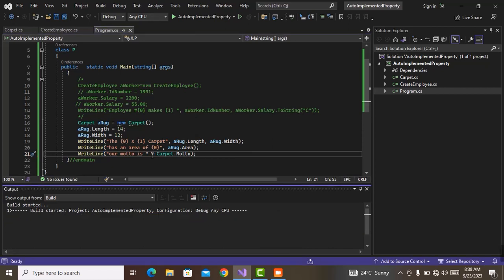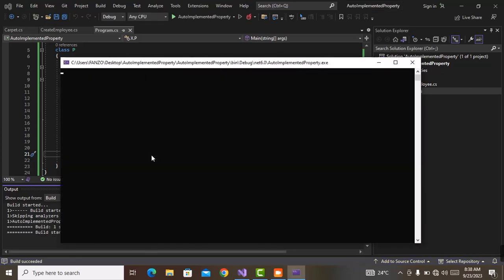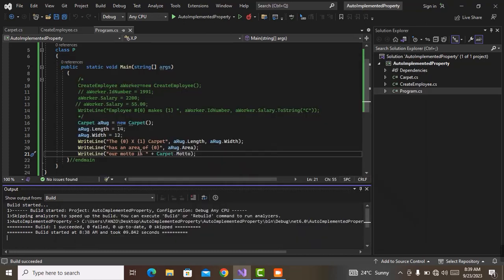Very good, very, very important that you note that. So let us run the code and see if things will happen the way in which we want. Let's just wait for the compiler to finish up. The multiplication, the 12 times 14 carpet has an area of 0. Okay, our motto is our carpets are quality made. So I can just come here